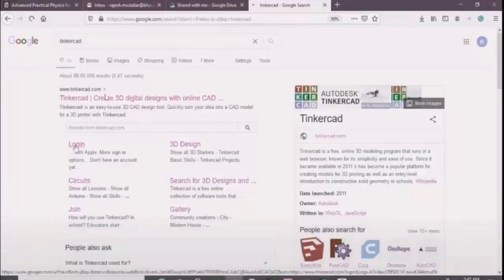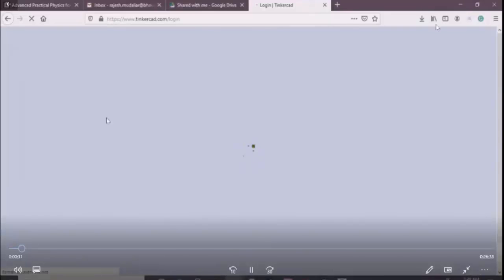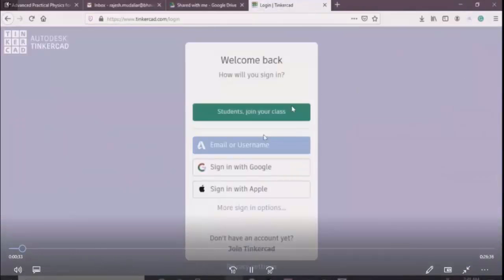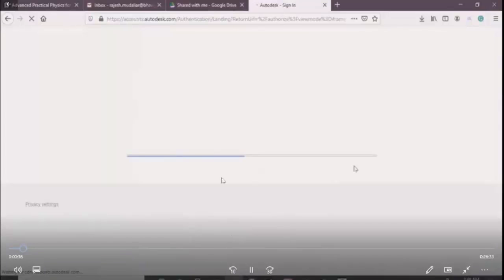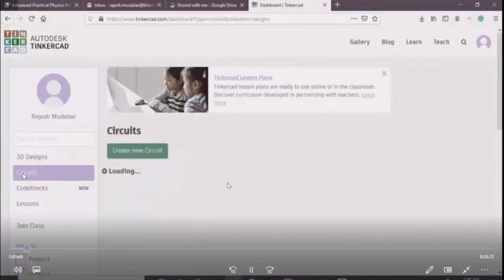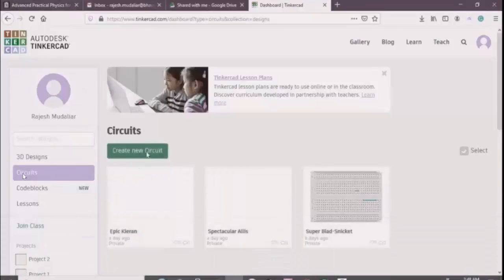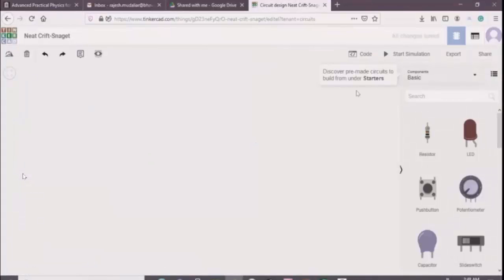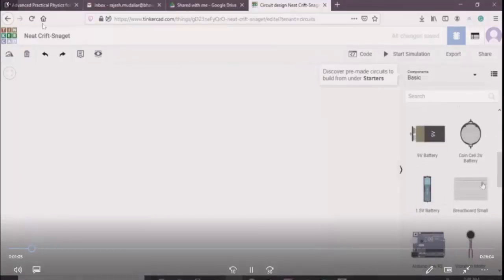Once you have logged in to the Tinkercad website, I've already logged in, so you can see here they are. Just log in with your Google IDs and wait till you get to this particular page. Right here you have this, and you go here on circuits, click on circuits, click on create a new circuit, and then you get this particular page where on the right side you will